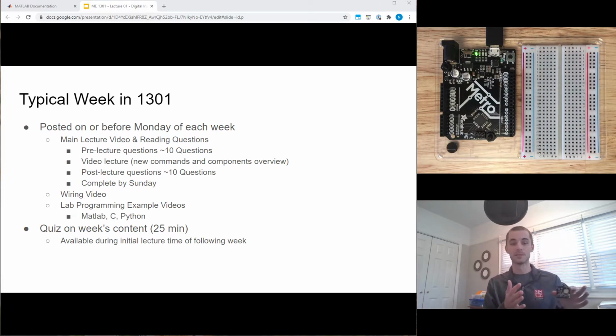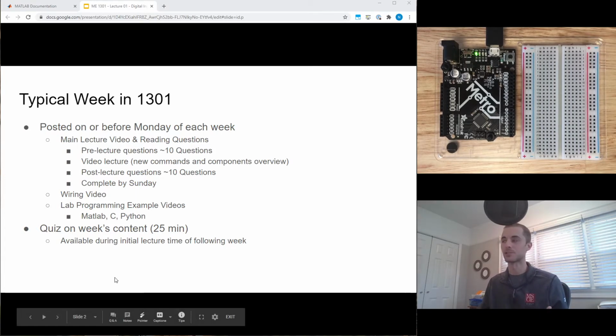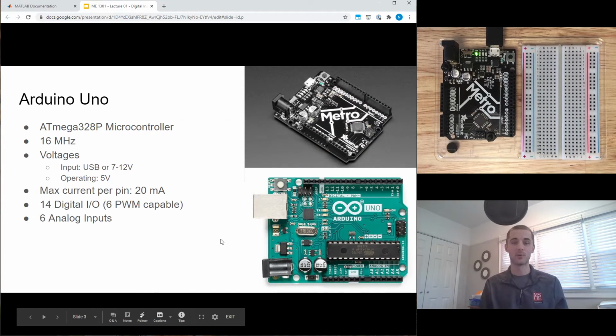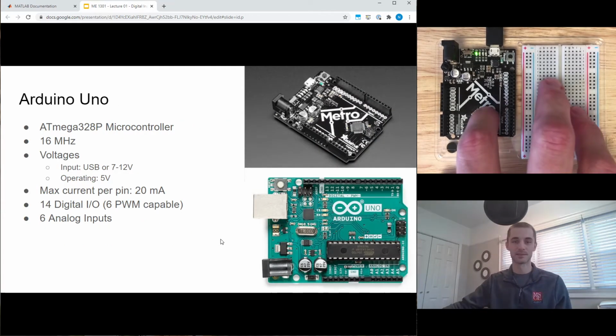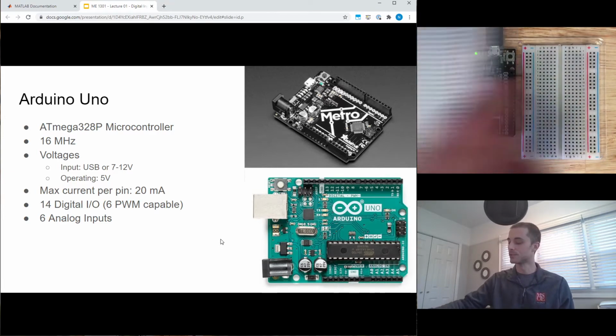So you'll be able to see how these different languages compare and hopefully, again, reinforce that content that you're picking up throughout the week. So that's what each week will be in mechatronics with me, Dr. Patterson. And the board that we're using, whether it's the Metro or the Arduino, again,